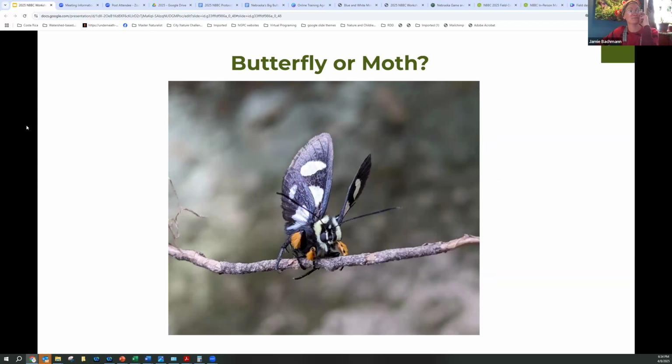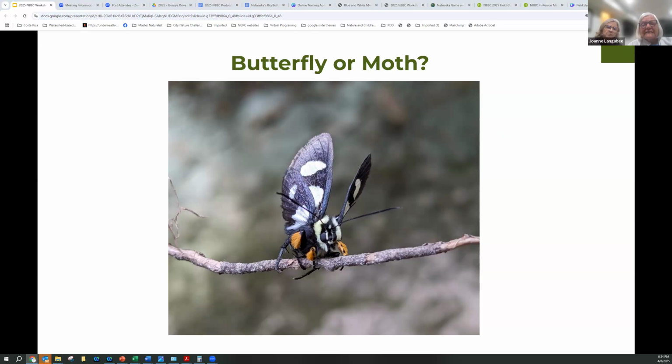Butterfly or moth? Moth. We got several butterflies, and a couple moths in there. Okay, that one is a moth. Go ahead, Joe. You might try because of the color and such.